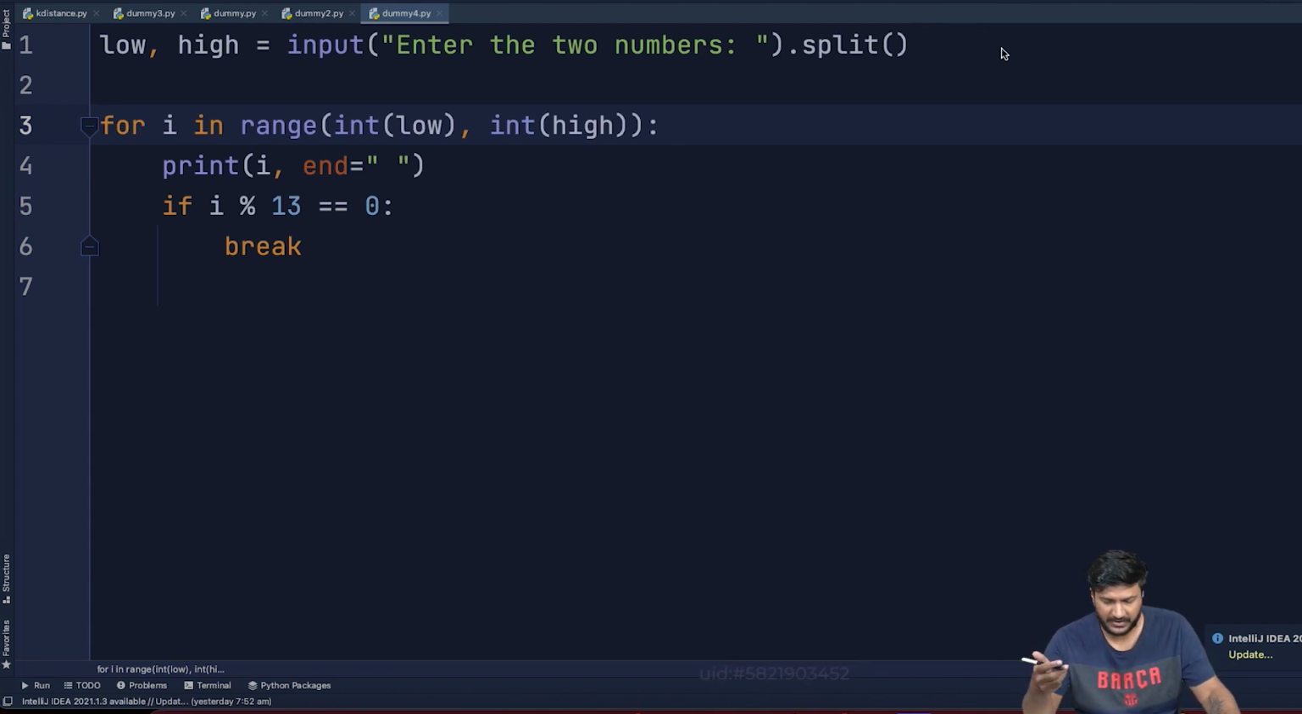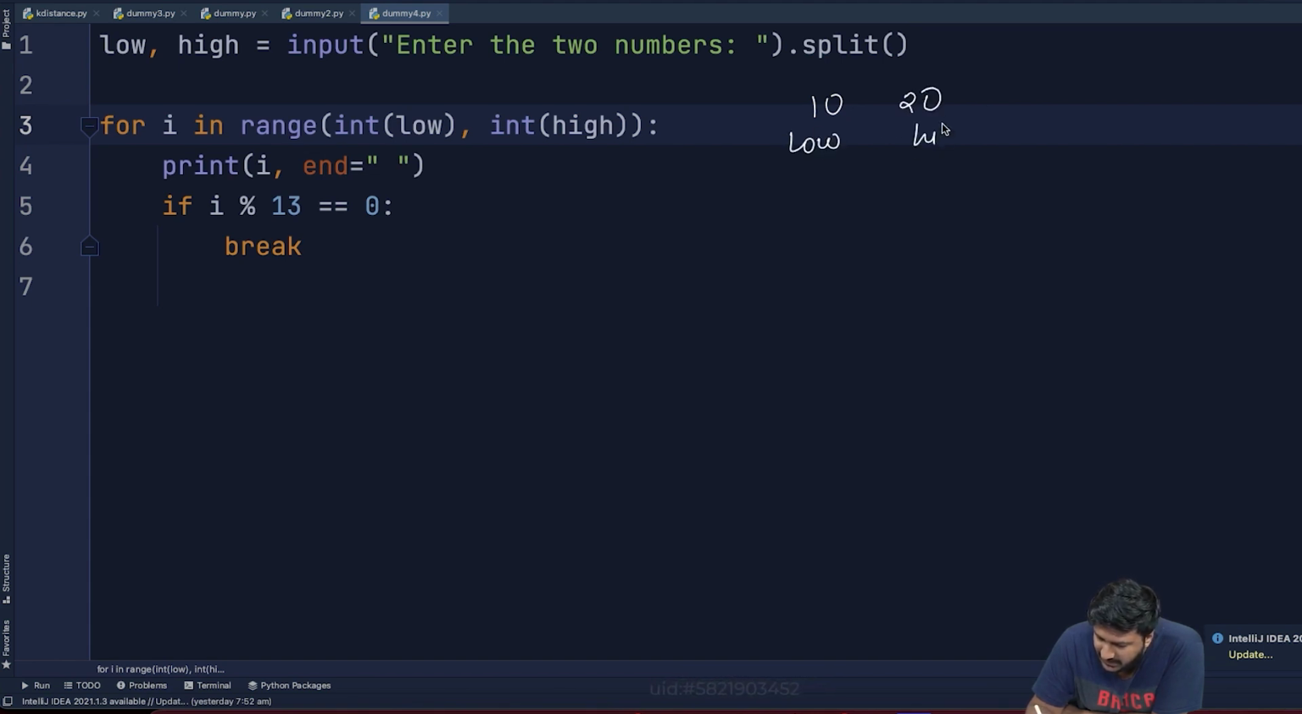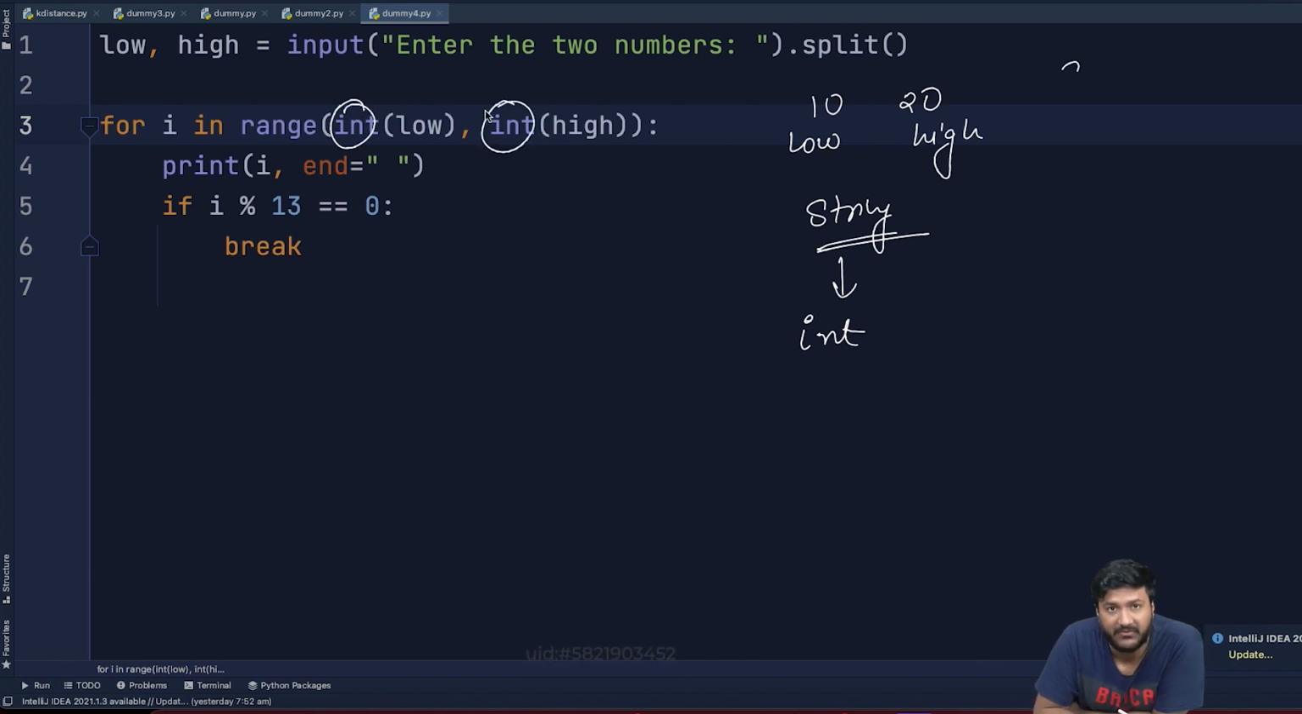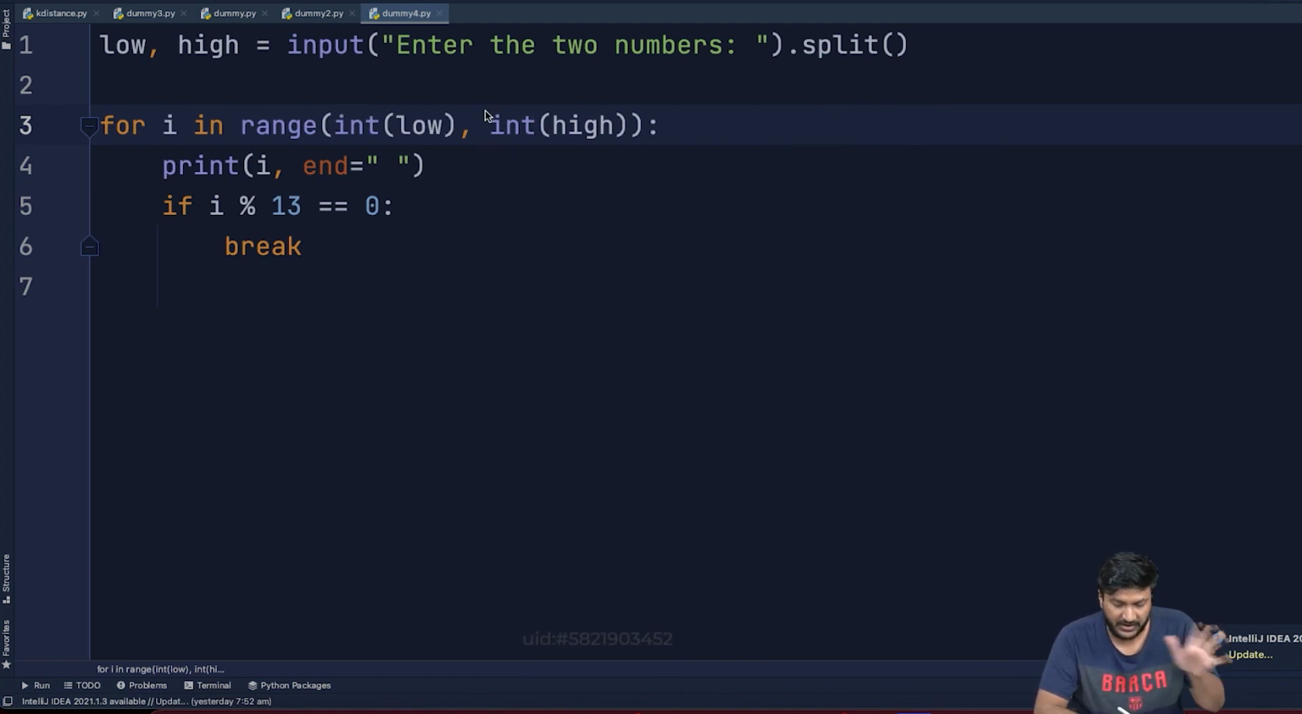So what has happened here is, let's say the user has entered 10 and 20 as the two values. So low is this and high becomes this. One more thing that we have to necessarily do is, in Python, all the inputs that the user has entered come in as strings. So if we want to work with numbers, we have to convert them into integer values, which is why I've used int(low) and int(high) whenever I'm running a range. This particular for loop will try to run itself in the range of 10